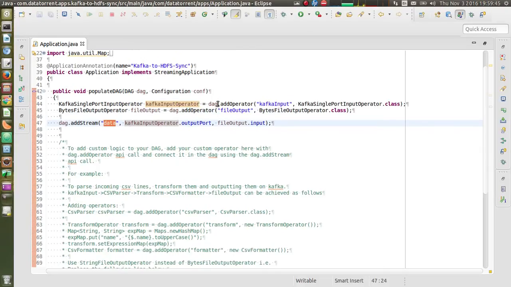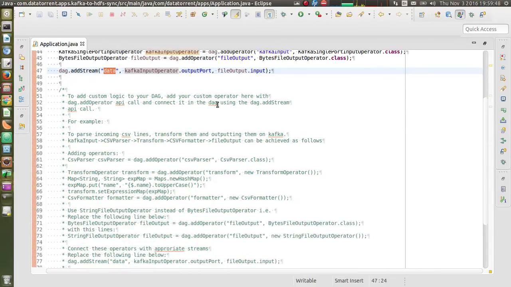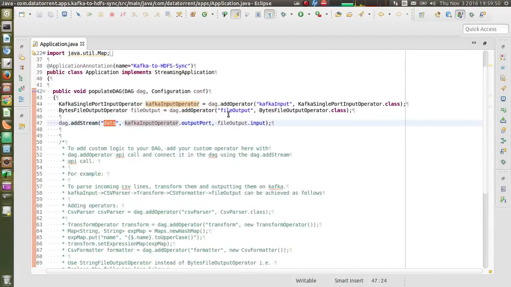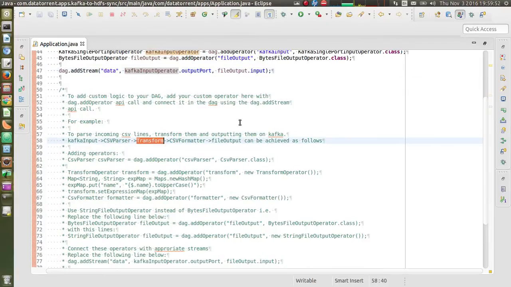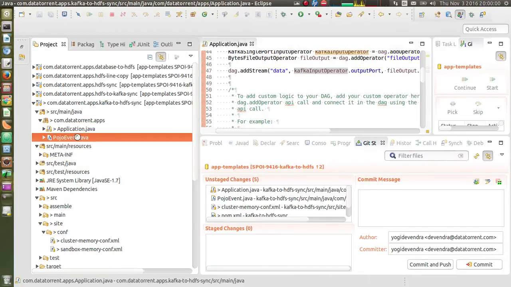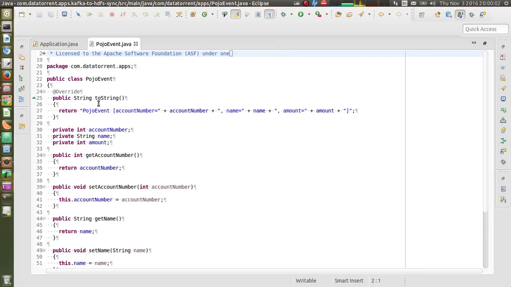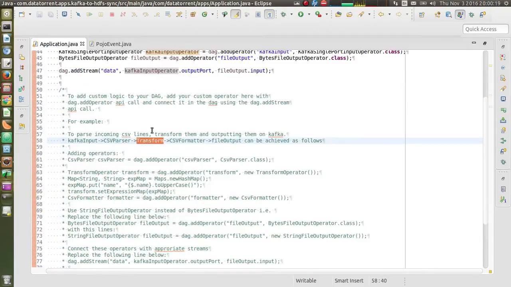Though as a part of an example for customization, we are going to modify this pipeline and introduce some transform logic in between. So we have this plain old Java object. It has fields like account number, name, amount, and we use pipe separated records of this object as events in Kafka input.